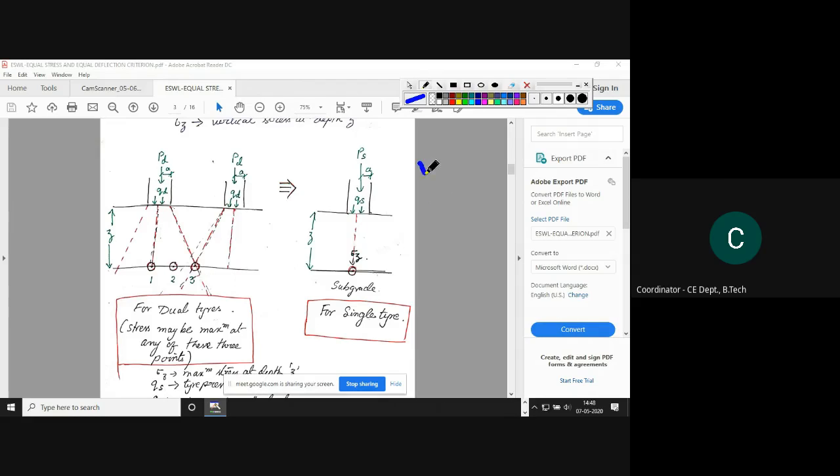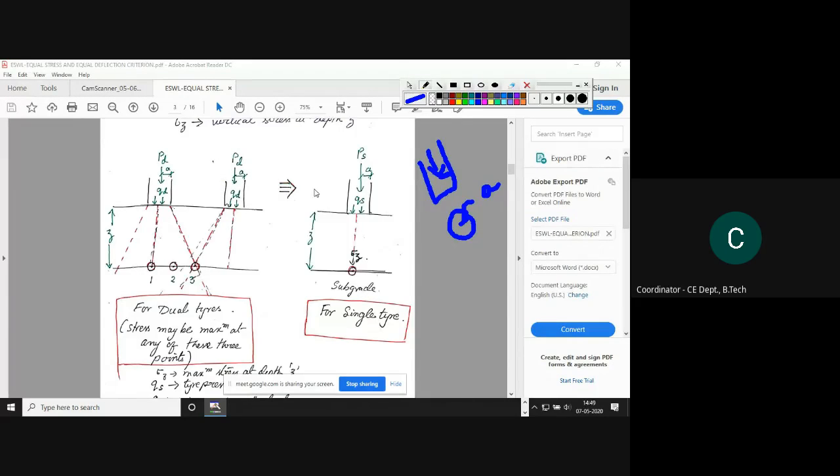And this small a is what? As I said, if this is your wheel, then the load transferred by this wheel over the pavement will be circular in nature. The imprint will be circular in nature. That is, it will transfer the load through a circular area. We are considering that imprint to be circular. So we must know this radius value, and that radius is denoted by small a. Since this is circular, this distance is the radius. Obviously, this distance will be equal to this distance only. That's why that distance is considered as small a.